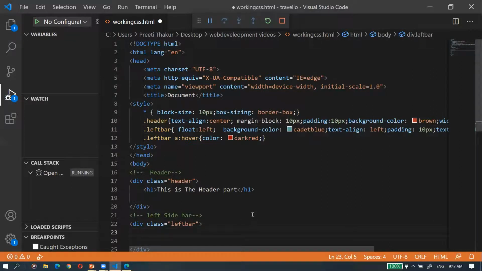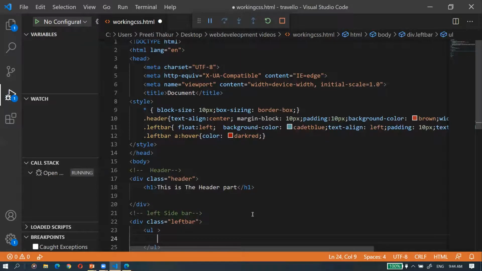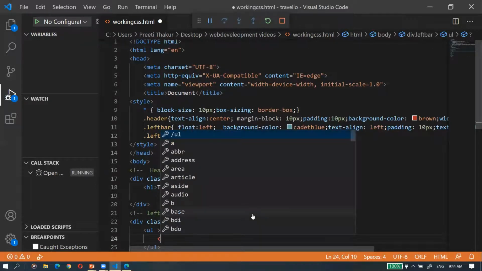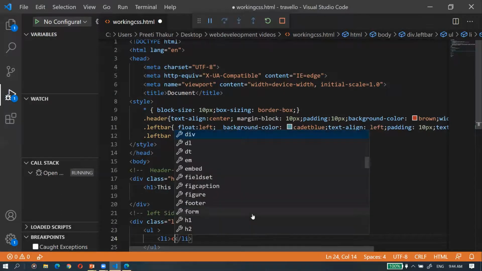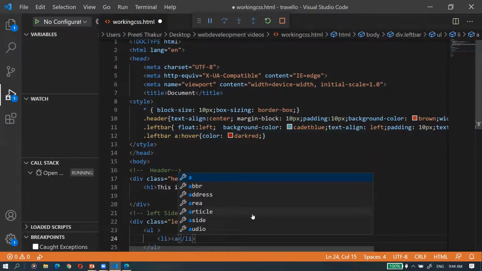Now here I'm going to create a list, so that the links will be displayed in the form of a list, right? So an unordered list I'm creating, and under this unordered list I'm creating some list elements. Every list item is an anchor, the link one, so I'm giving an anchor tag.